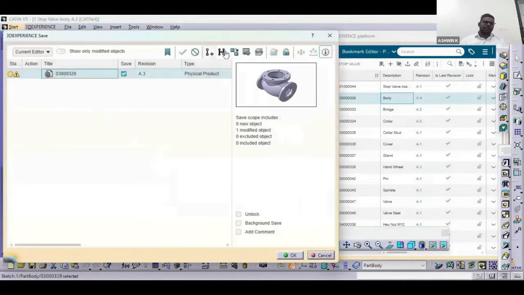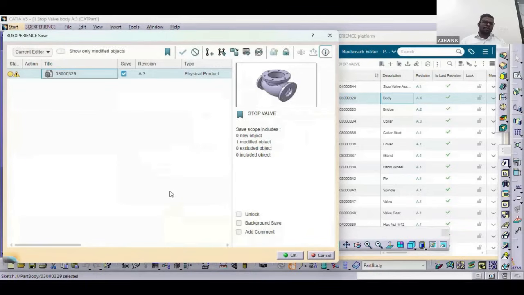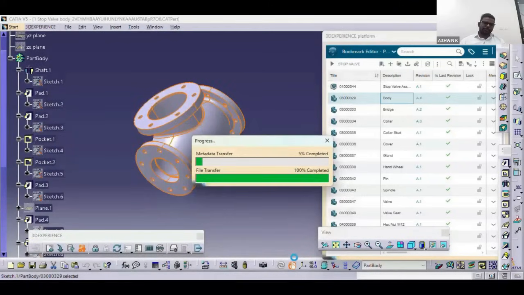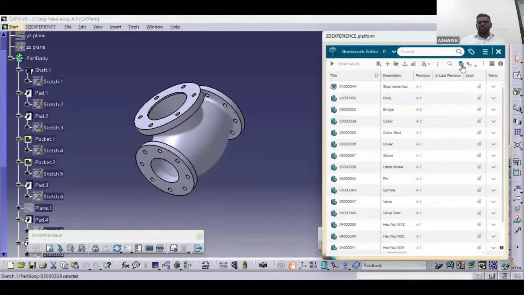So I'll select this file. I'll go to the bookmarks where I want to save the file. Normally it will take to the previous location only. Still we can check and define where I want to save the data. So I'll go for the stop PLO. Now I'm creating this file as a new revision. As soon as I click on this new revision, the new revision gets updated for this file. And I'll click OK. Now the data is stored to the platform,